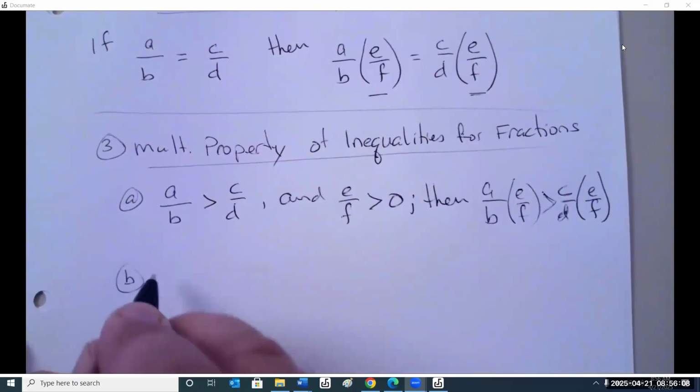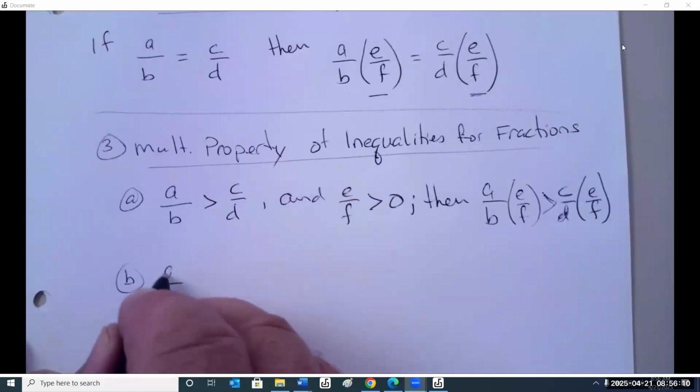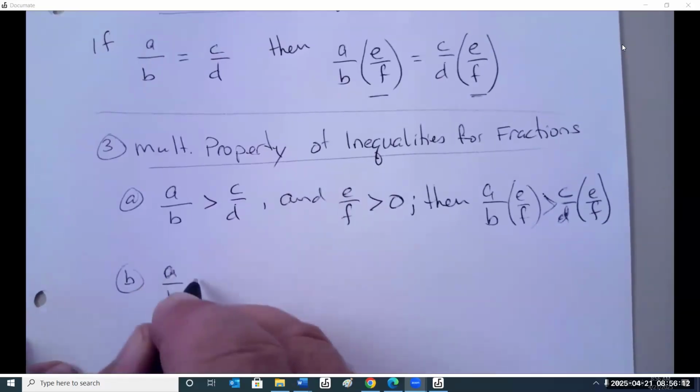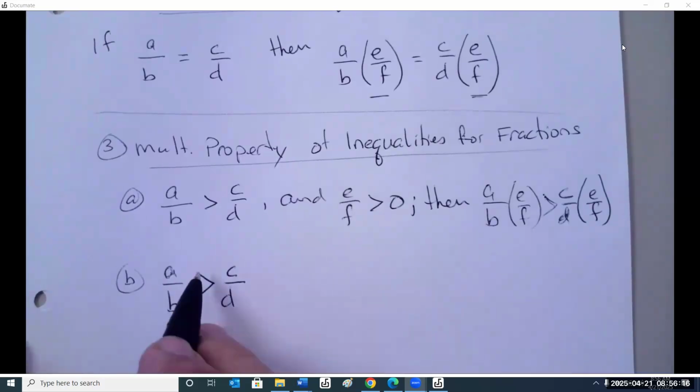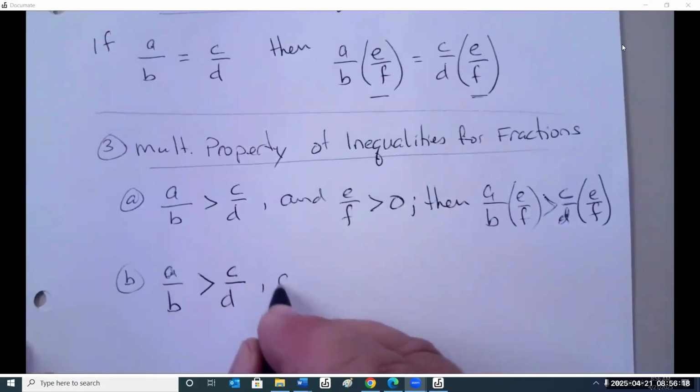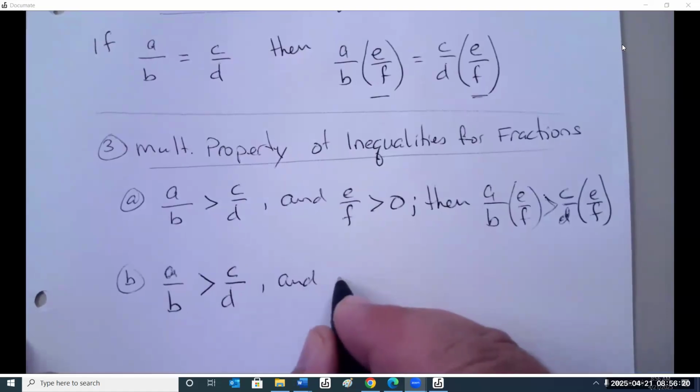But if A over B is greater than C over D, and my fraction